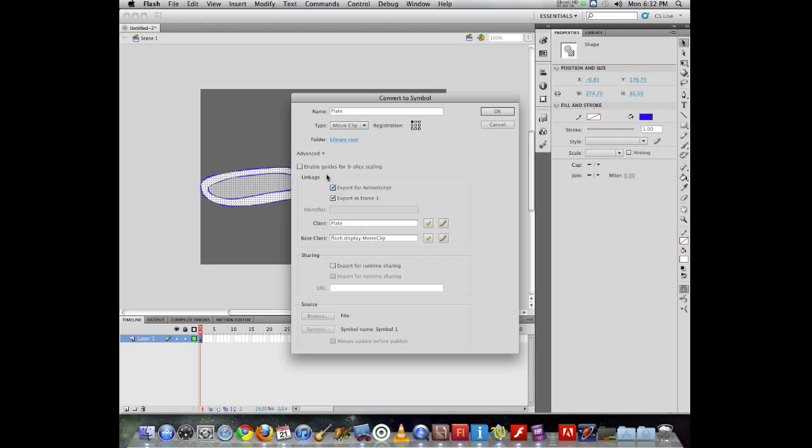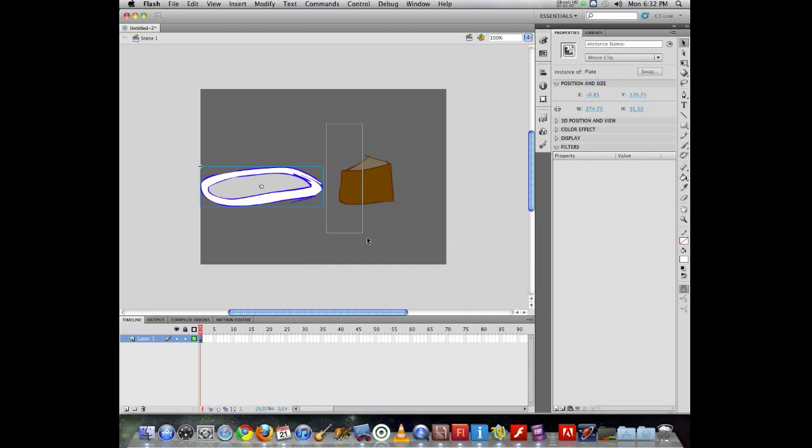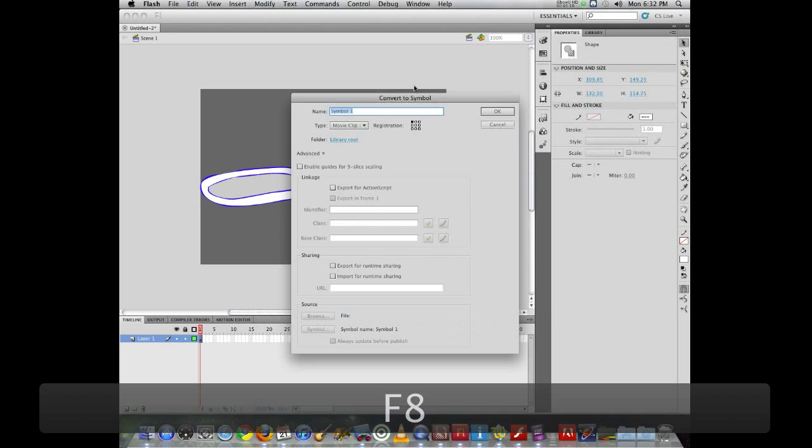Now that's not that important until you get into doing more advanced programming kinds of things, but it is going to come into play for some of the things we will want to do, because we're going to be putting objects in our library and then calling them to the stage through the magic of code, and then animating them, manipulating them, and controlling them all through simple programming. So we need to be able to identify the object. So I'm calling this object Plate, and my other object I am going to title Cake, again with a capital